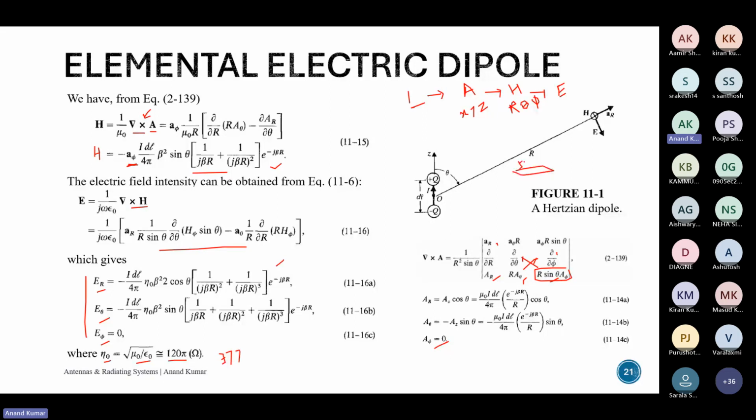Are at 50 ohms, right? You design your circuit at 50 ohms, but you want your waves to propagate in space, but the space is actually 377 ohms. So essentially, antenna is an impedance matching circuit. Like, don't take it very literally, but antenna is essentially an impedance matching circuit for 50 ohms to 377 ohms.